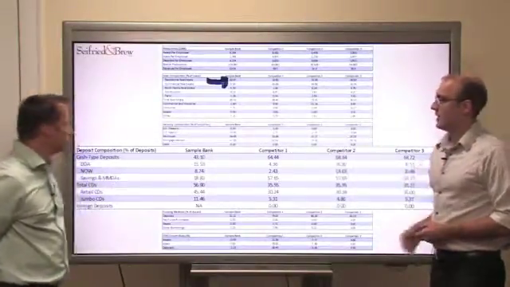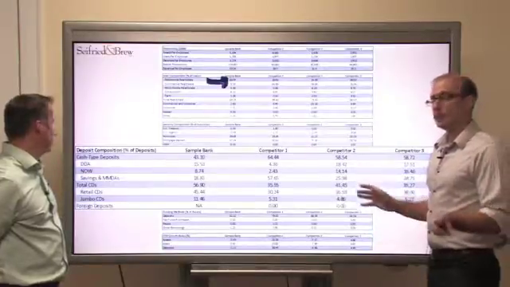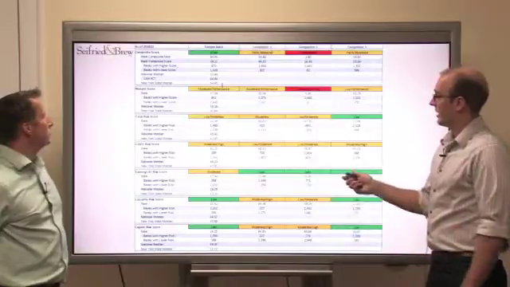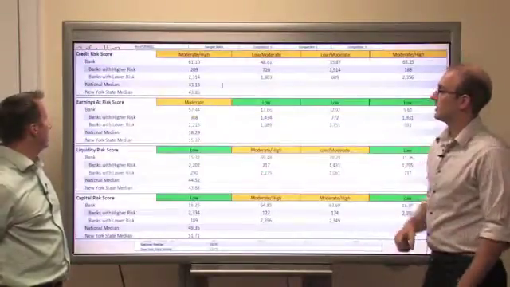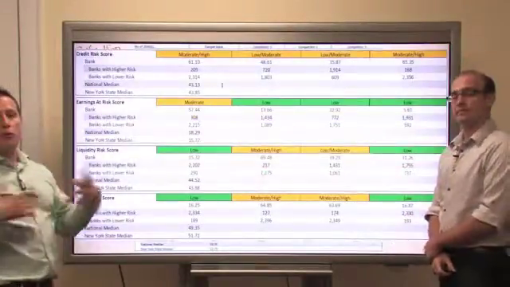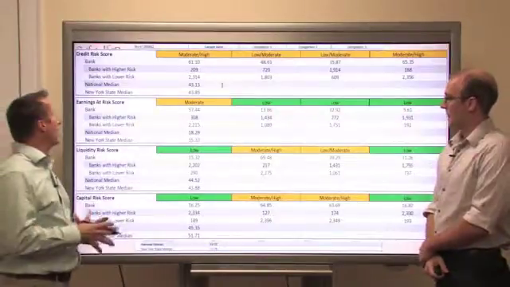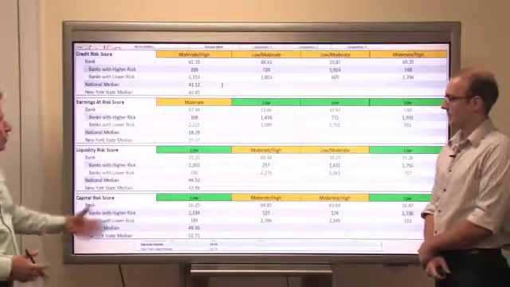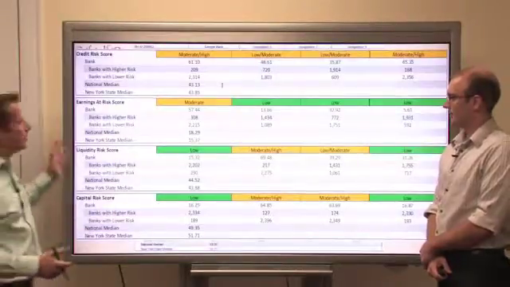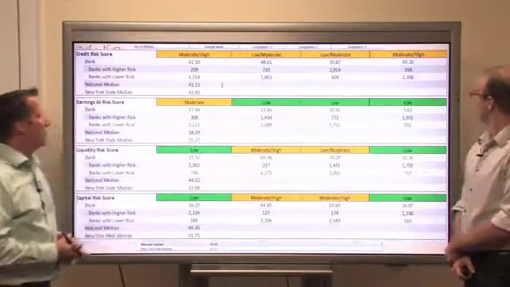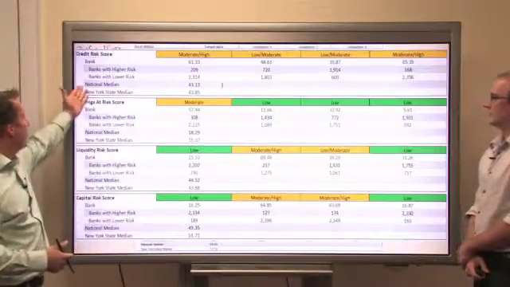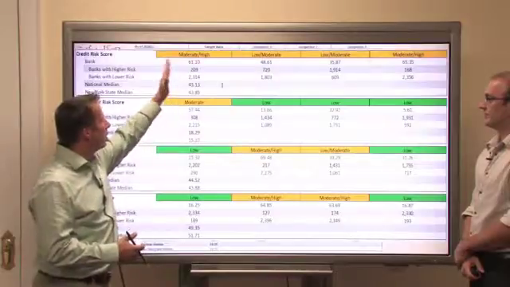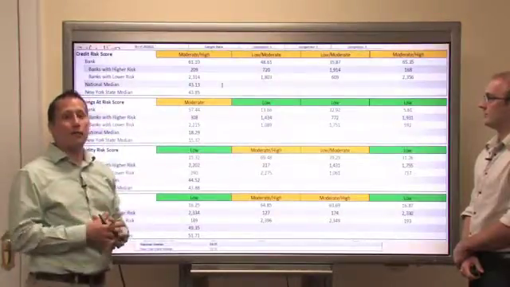So that's another key area that we like to point out, but we want to get to the risk numbers as well here. Let's zoom into the components of the risk. As we said before, we look at the risk at a very high level: credit risk, earnings risk, liquidity risk, and then overall capital risk. And you can see the difference between these institutions. We mentioned before how the bank that we're looking at here, which would fall into this category, has a moderate to high level of risk